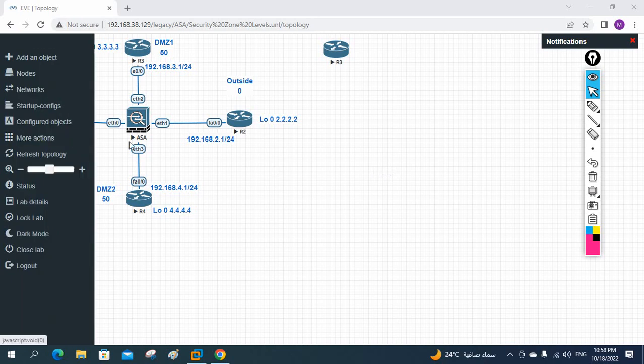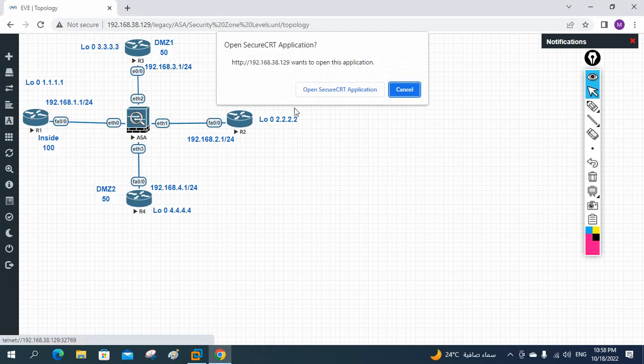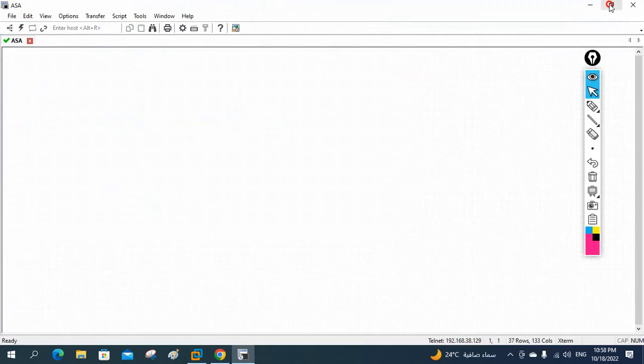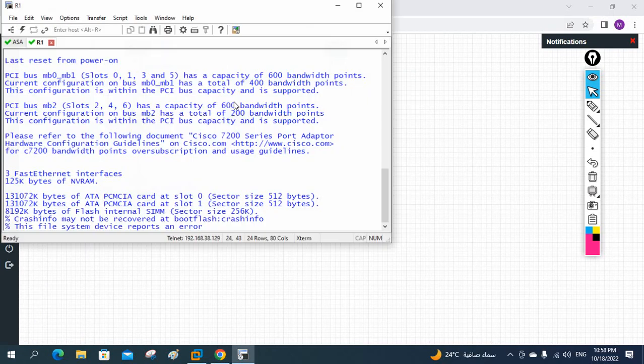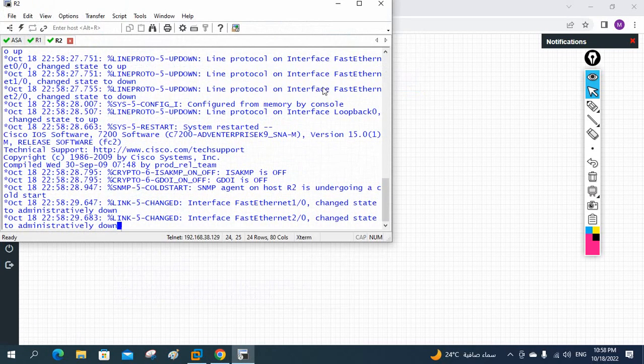Hello everyone, I hope you remember that in our previous class we configured the static route on the ASA firewall, and we tested it and it is working fine. So what we will do now is remove the static route and configure the dynamic routing protocol. I am going to teach you how we can configure the dynamic routing protocol in